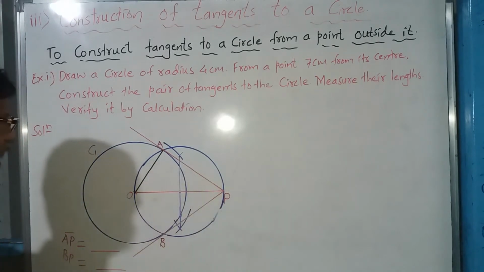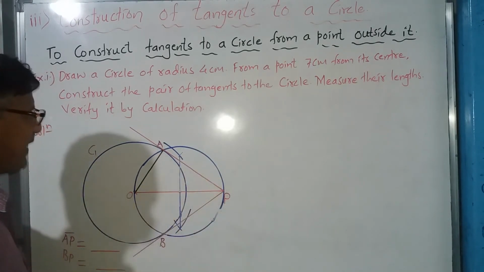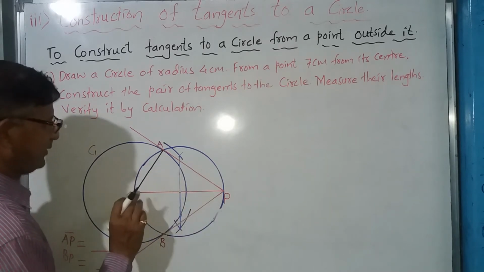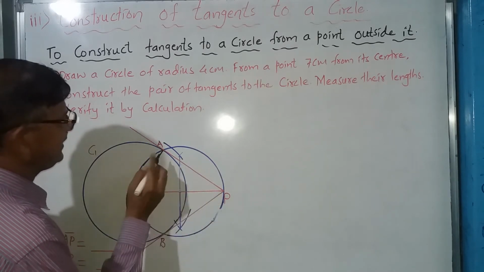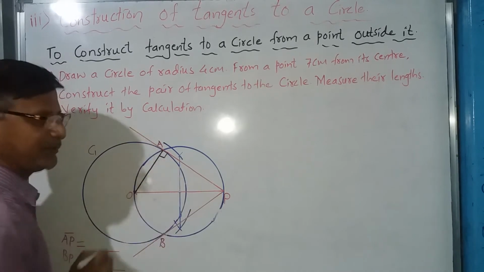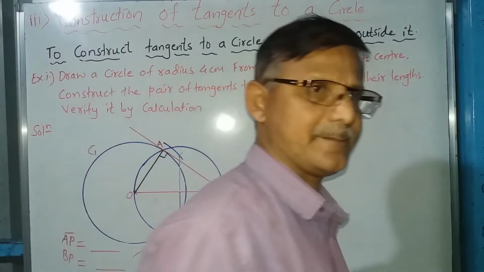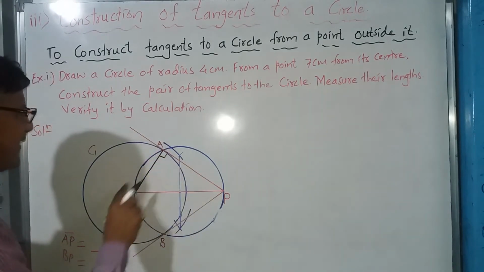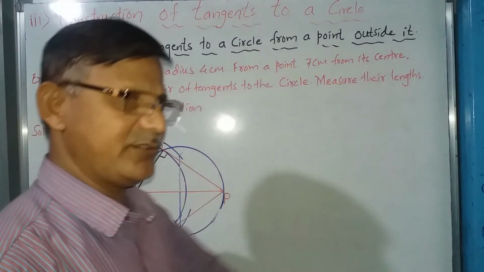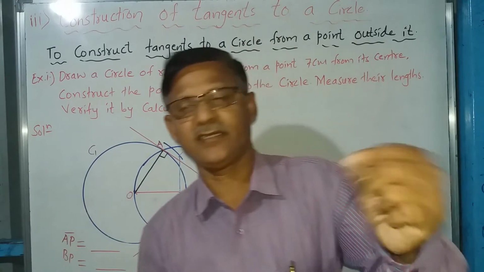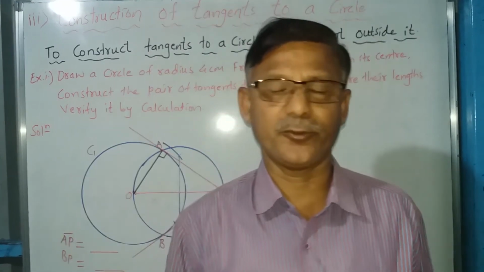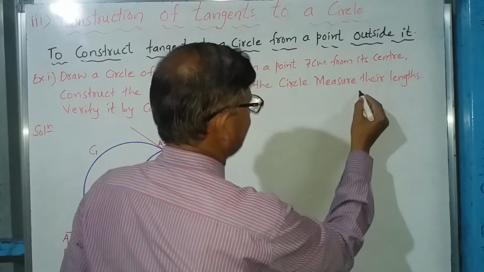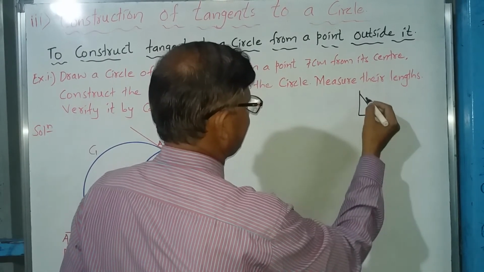Now here, let us do it by calculation. Before going for the calculation, you should know this. You all know that the radius and tangent at the point of contact are perpendicular to each other. So here the angle is 90. As the angle is 90 here, you will apply the Pythagoras theorem, which you have heard about but have not yet proved. This year you are going to prove it. But you know about right angle triangle.